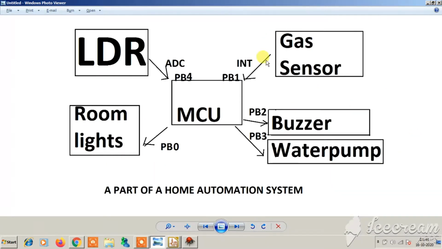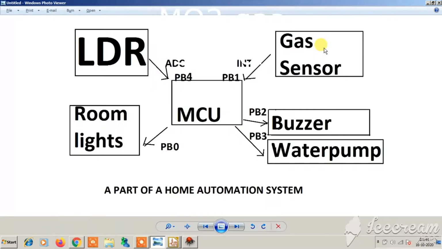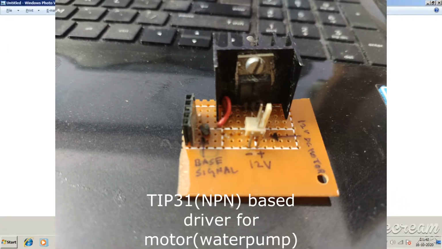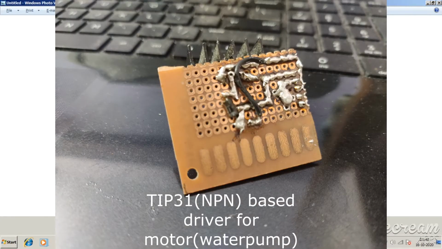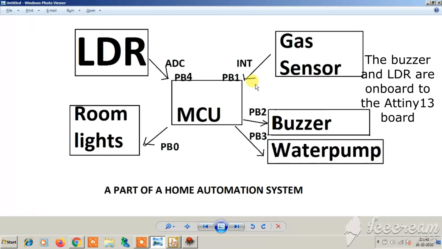Now the other part, which is the more important part, is the gas sensor, the MQ2 gas sensor. We will use the MQ2 gas sensor in our example. It will detect the presence of a gas or smoke, so it can be used to detect the presence of a fire. In case of fire or smoke, you can very well understand this is much more important. In case of a fire scenario, the buzzer should continuously ring, and the water pump will be used to pump water and extinguish the fire. So you can very well understand this part is more important than the other one.